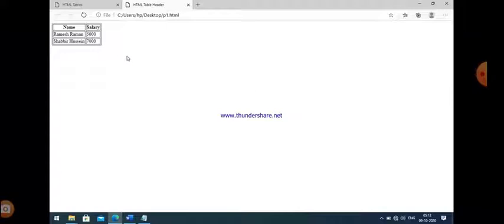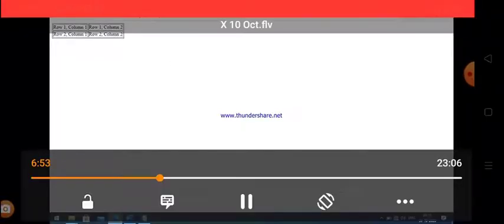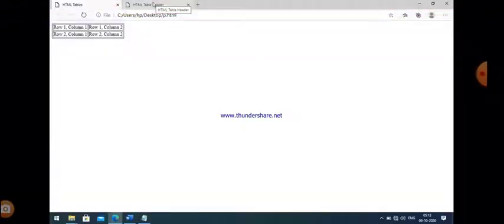Now look at the output. In this output you can easily see that there are two columns. In the previous output we can see that there are simply two rows without any heading. But if you want to declare what type of data the first column represents, it may be a roll number, a serial number, or a name, then you can put a table heading using the th tag.